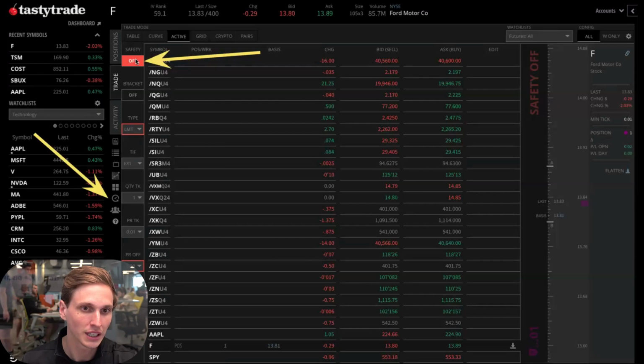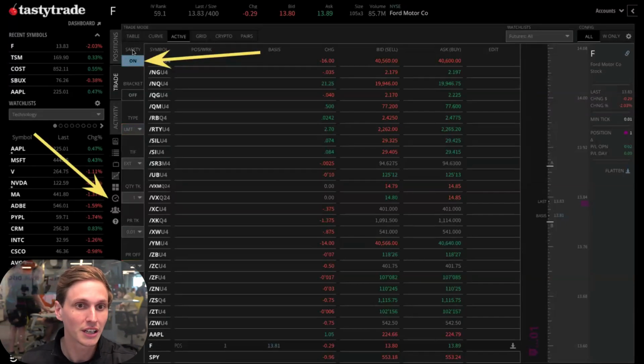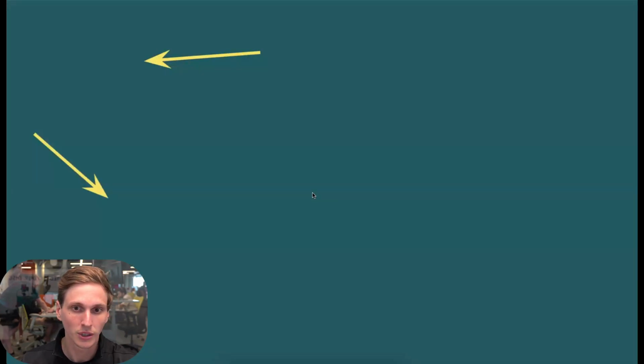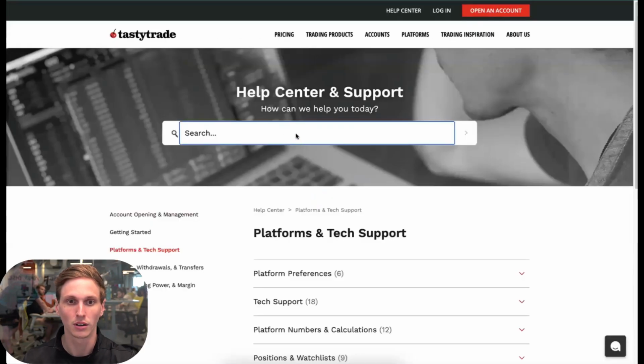And I see, Courtney, how did you get to the fast mode or the one-click trading? And definitely, please, if you're going to go to one-click trading, be careful, because if you click on a bid or ask price, it's firing off an order. So you can go to safety up here on the active trader mode and click on off. Also, if you wanted to find some more on our active trader mode, you can also type in active trader,